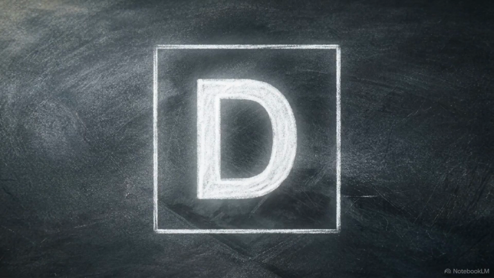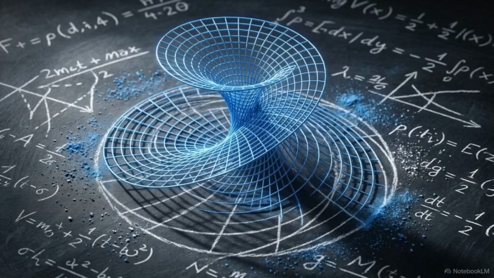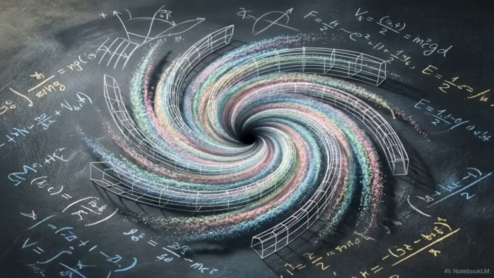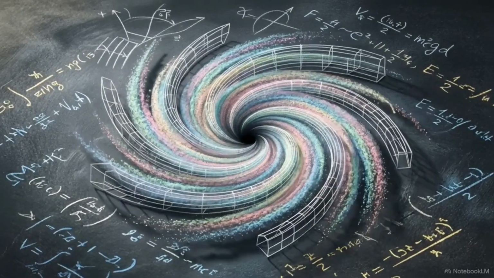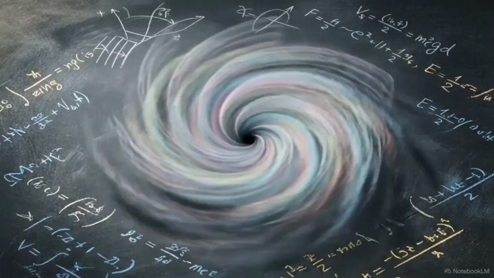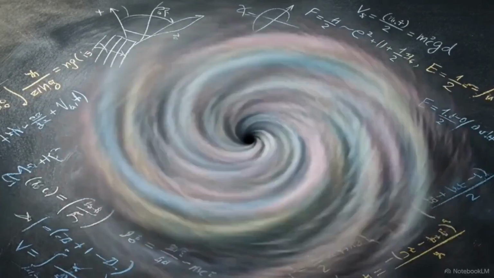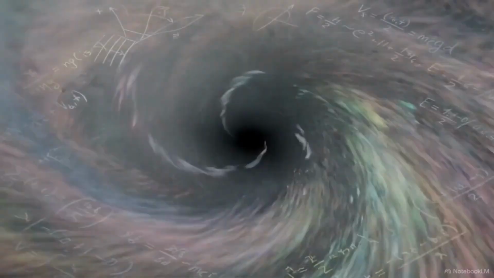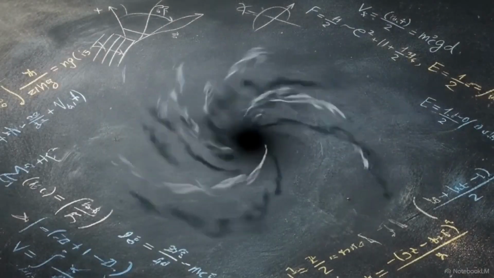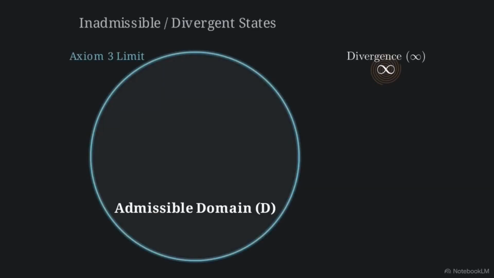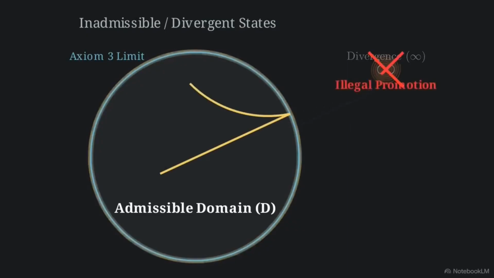Bounded forward preservation. No admissible evolution can carry a state into physical divergence. Classical general relativity permits models containing absolute physical singularities, where mass density and spacetime curvature become literally infinite, such as the interior of a black hole. Under Axiom 3, this is an illegal physical promotion. The continuum state cannot diverge into infinity.